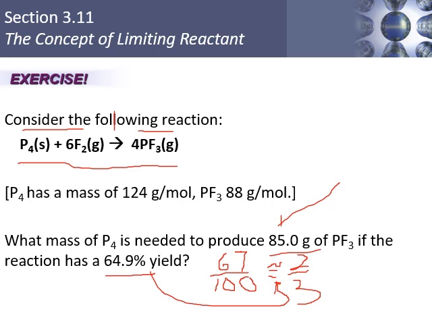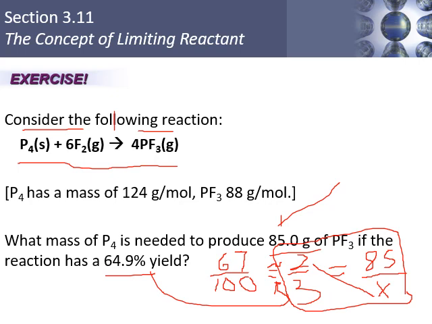Okay, and so what we can do is set up a ratio and proportion where we say, we actually got 85 grams. So how much would we have gotten in a perfect reaction? Well, we don't know that because they don't tell us that. So we're just going to call that X. This part right here is called a ratio and proportion. The way you do it is you cross multiply. So you say 2 times X equals 85 times 3, which means 85 times 3 is 255, right? And then divide 255